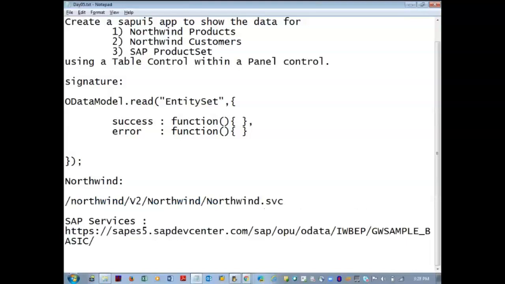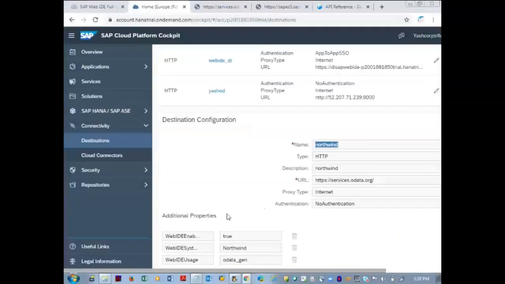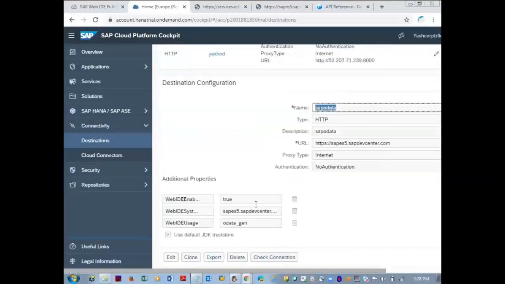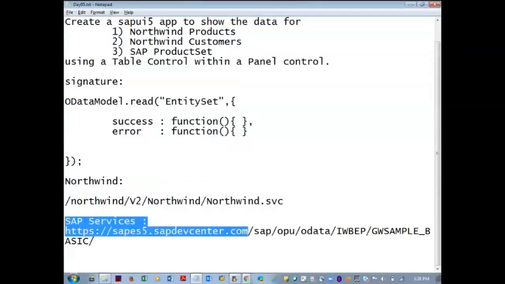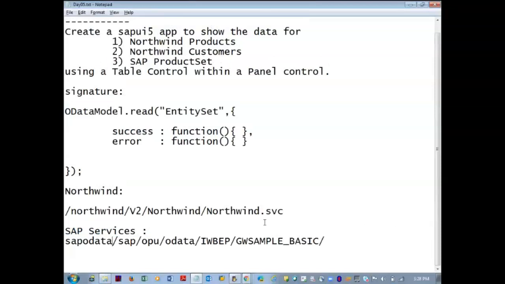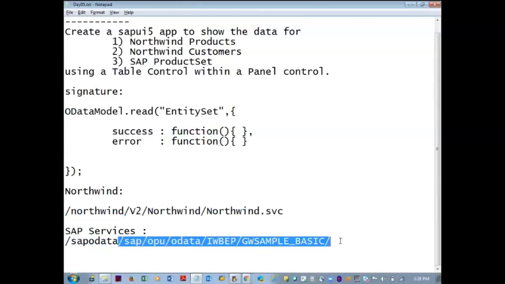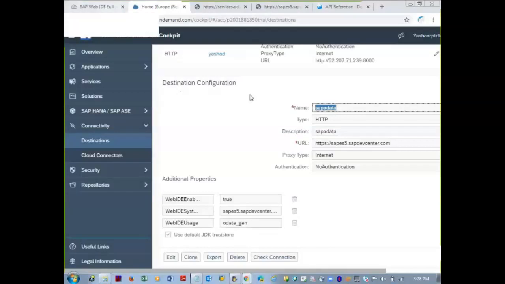Okay. And SAP OData, that SAP services path, is called with an alias, because I told you it will be changing from system to system. When we develop and deploy it in the development system and then go to quality, the server name will change, but the path remains the same. The path means this one which I am highlighting. This path remains the same. So this must be configured beforehand.